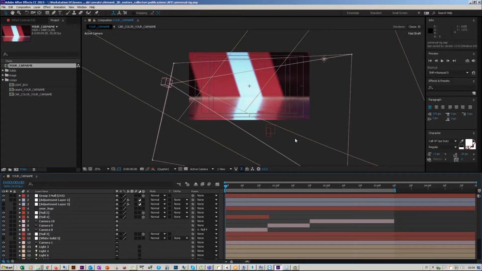Then, in the past tutorial, I showed you the amazing options that you can use in this project. But the most amazing thing that you have to know is that you can insert and rig your own car in this Universal Rig template. Now we're going to show you how to import a car from the library of this project,